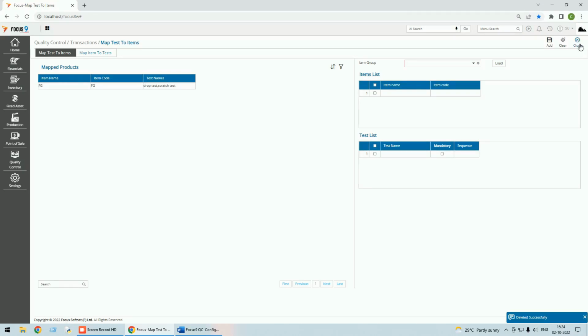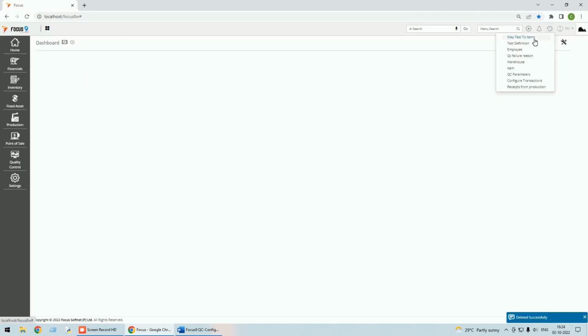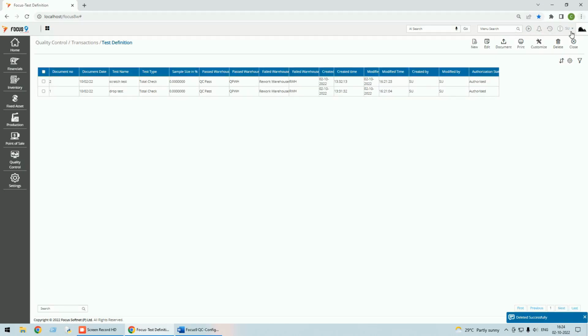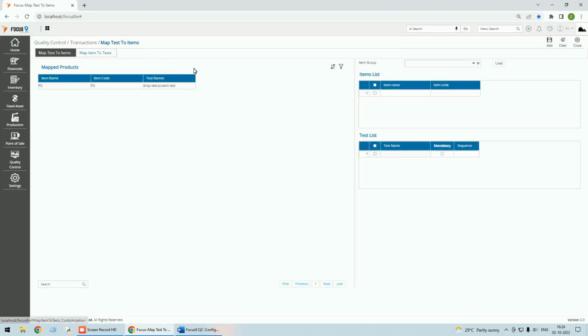Like this you can delete it, then close. Let me open and show you again. Map items to test. Now you see I have only FG. So like this you can add and remove. Once this is done,